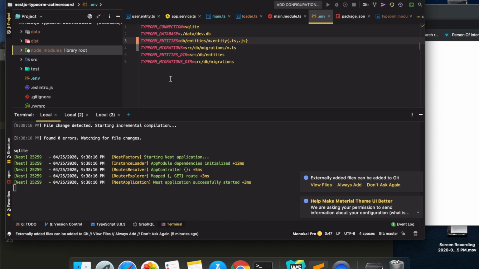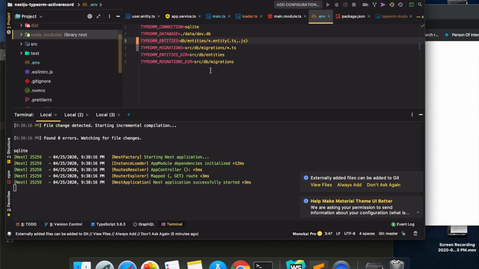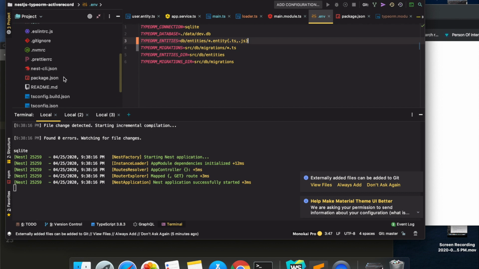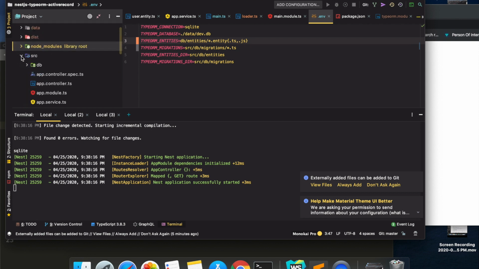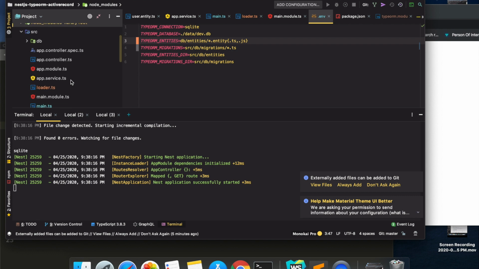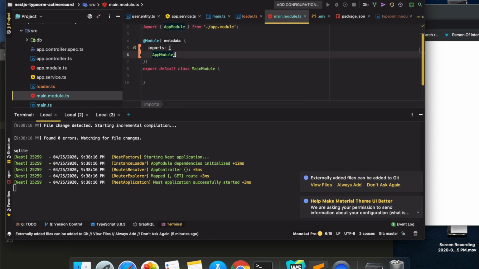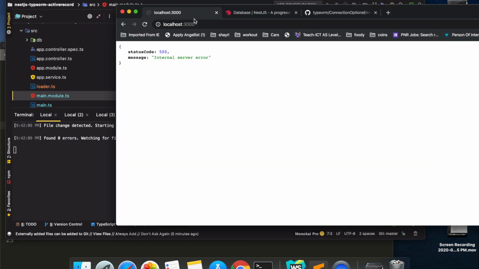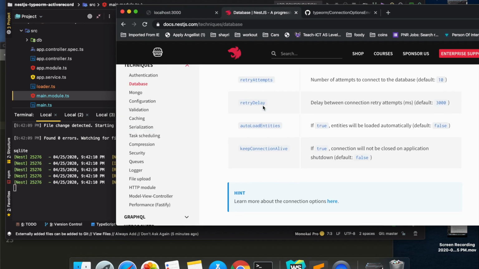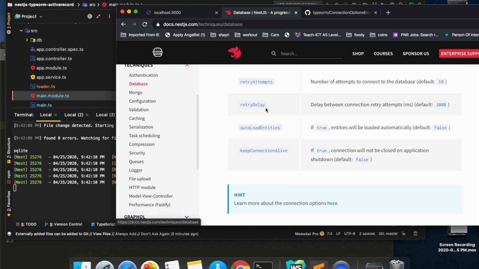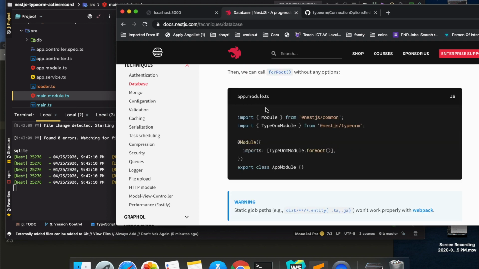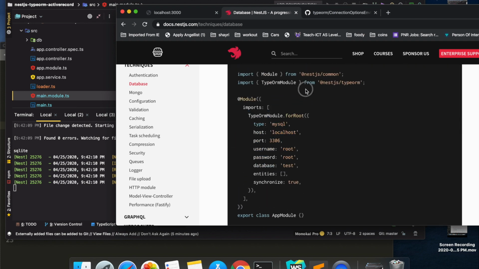Now that's it. What we need to do is configure the TypeORM module into our app module, or into our main module, so that it knows that we need to load TypeORM. Here it's our main module. We are importing an app module. If we go back to the Nest.js documentation, this is the way we can configure it.